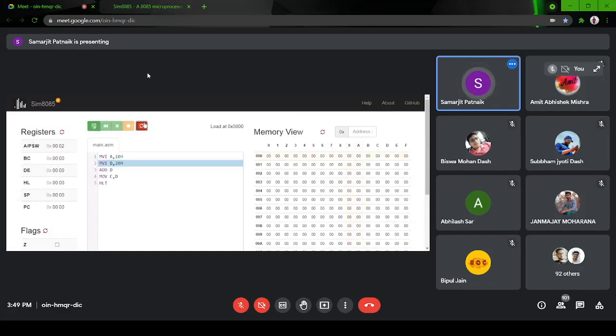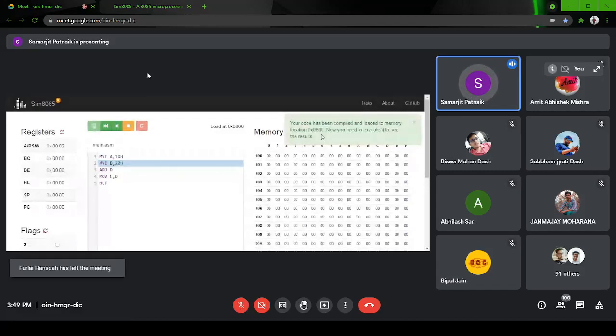I'm just stopping, resetting, and going to the beginning so that you can understand it once again. All of you check carefully here. It shows your code has been compiled and loaded into memory location 0800.